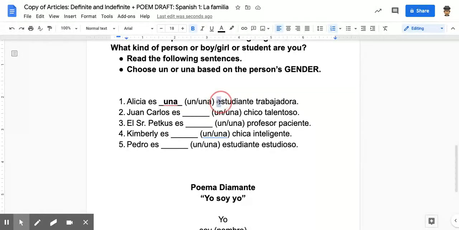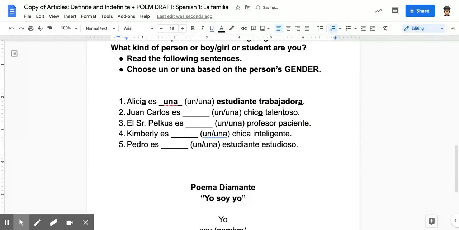She is a hard-working student. Now, we notice that una matches Alicia's gender. Also, trabajadora, the adjective that we are modifying estudiante with, is also feminine to match gender. Juan Carlos is a boy. Es un chico